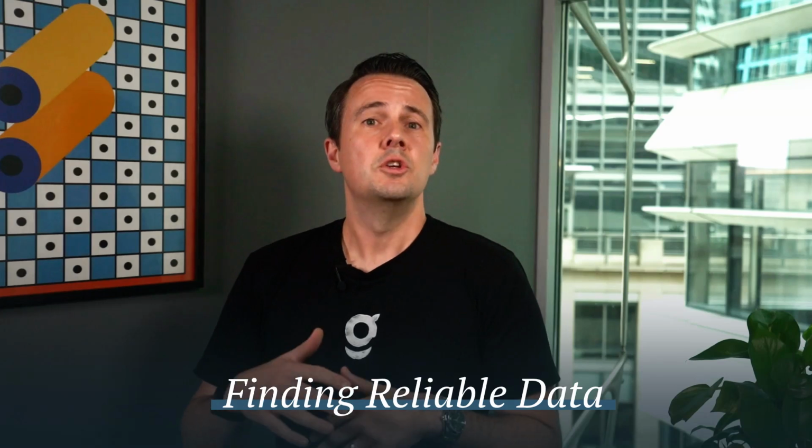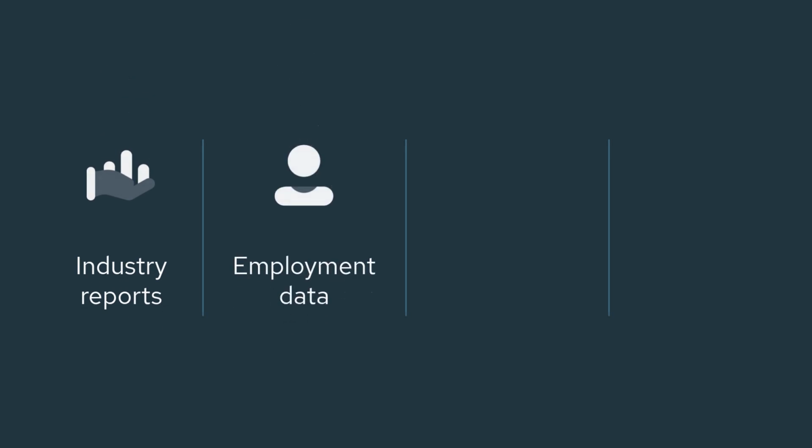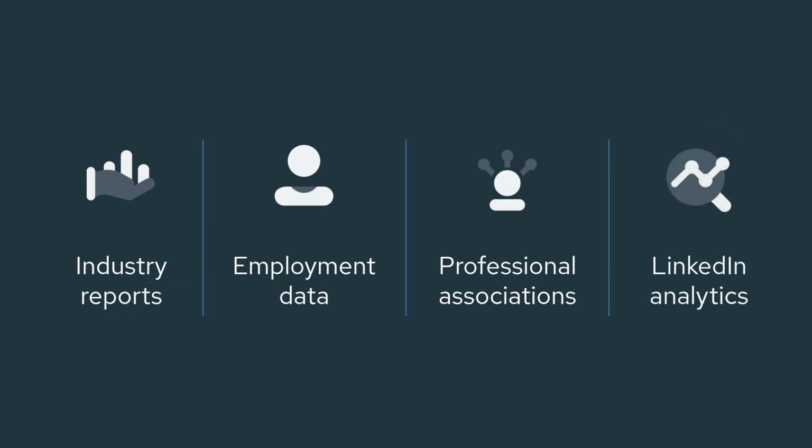Of course, this analysis can only be as good as your data. So where can you find reliable information about your target market? Industry reports and employment data provide valuable quantitative insights. Professional associations often publish trends and needs within the context of a specific sector. LinkedIn can help you understand the volume and distribution of professionals in relevant roles. But don't underestimate the value of direct conversation. Exploratory interviews with potential organizational buyers can help validate your assumptions and uncover unmet needs that you might have missed